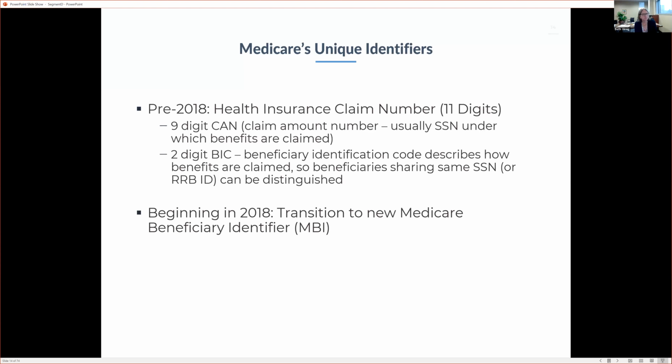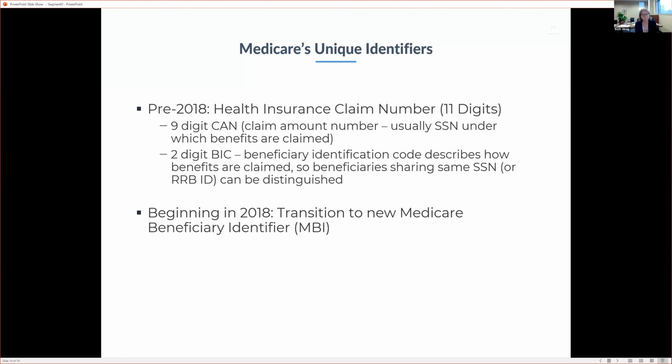It's an 11-digit number that was most typically a 9-digit Social Security number with a 2-digit identifier explaining how the person related to the Social Security number. So as an example, if I had Medicare benefits before 2018, and I got the benefits because of my own work history, the 9-digit CAN would be my Social Security number, and the 2-digit beneficiary identification code would be, I believe, an A and a blank, which says it's my Social Security number, I got it based on my